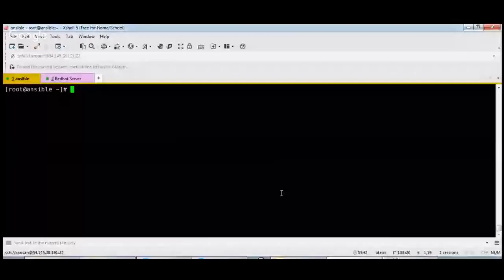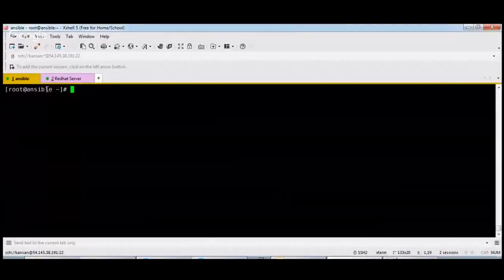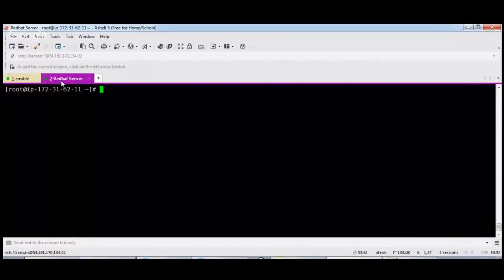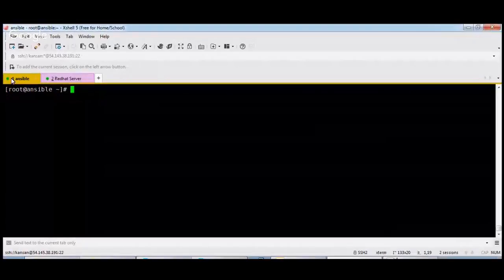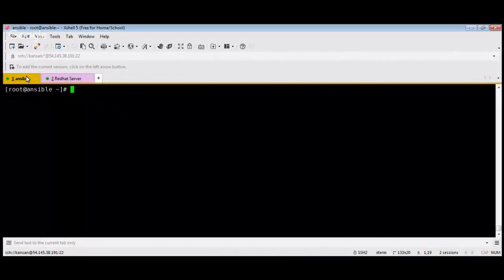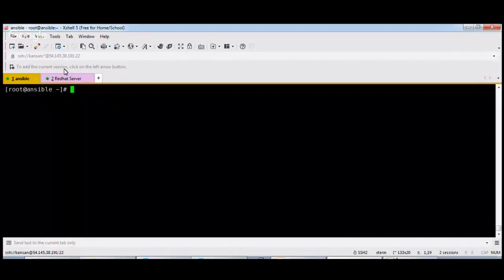Yeah. So I have launched two EC2 machines. One is Ansible, second is Red Hat server. Those are all Red Hat based servers. On this machine, I'm going to install the Ansible package. So this will be my control machine, and this will be my remote machine, which I'm going to manage through